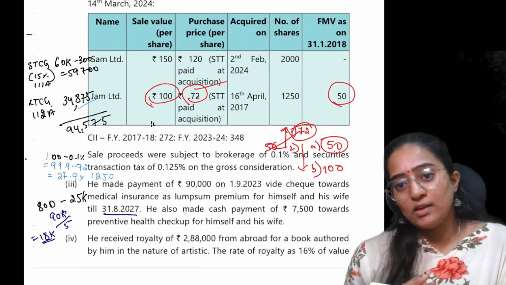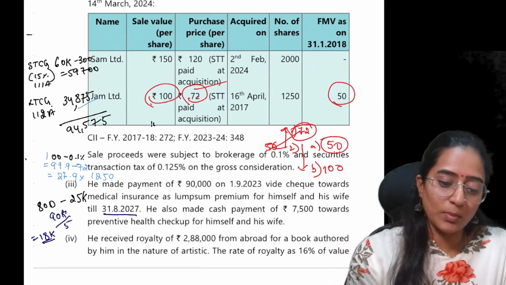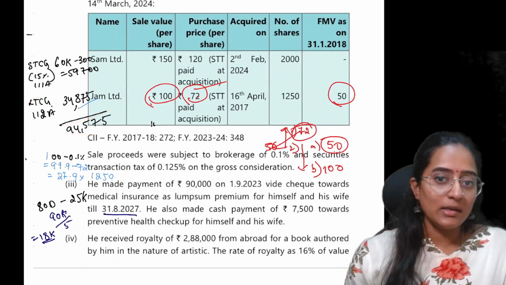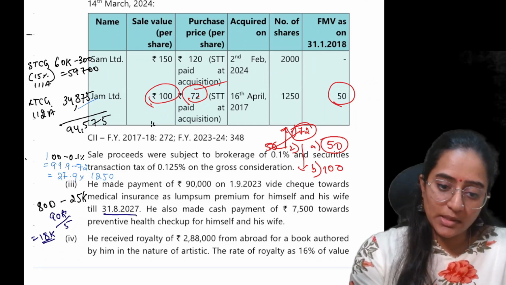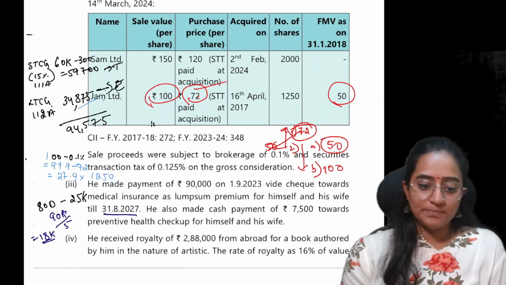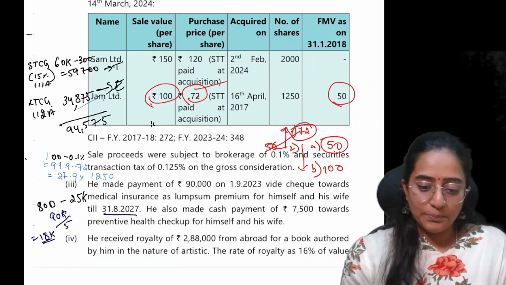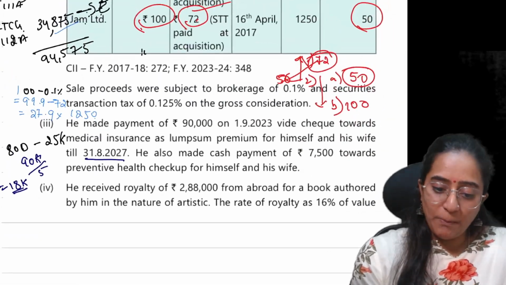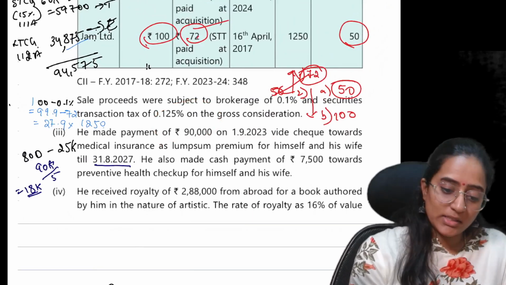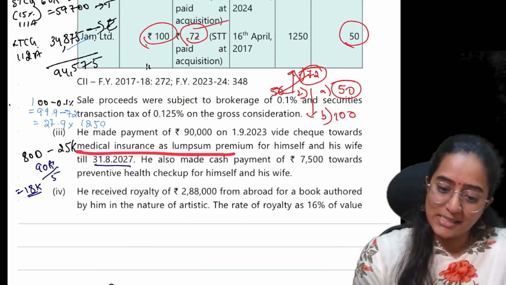However, as this is less than 1 lakh rupees, it is going to be completely exempted. It is not going to be taxable under section 112A. Clear? This is going to be exempted. This is exempted, people, and this becomes taxable. Clear? Done. Now, he made the payment of 90,000 on 1/9/2023 by cheque towards the medical insurance as lump sum